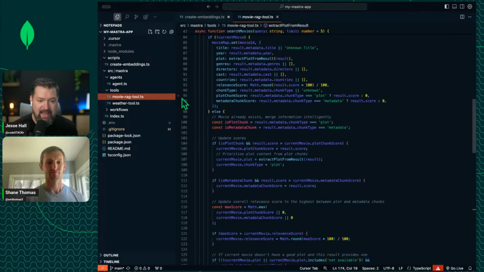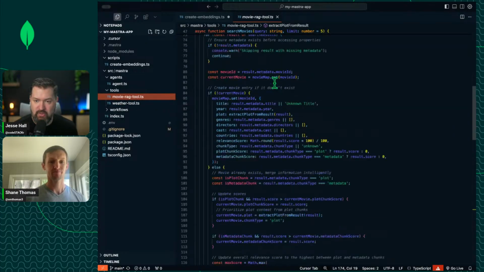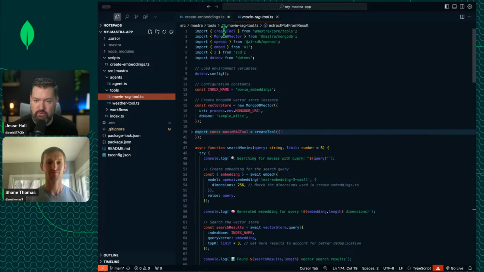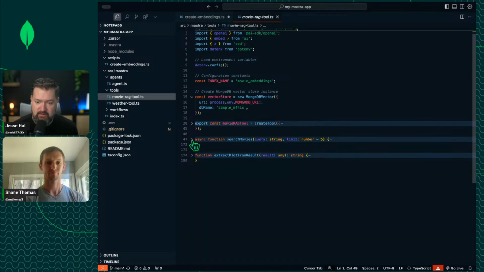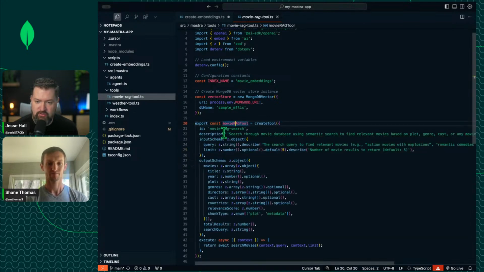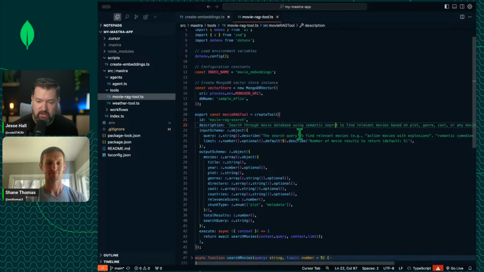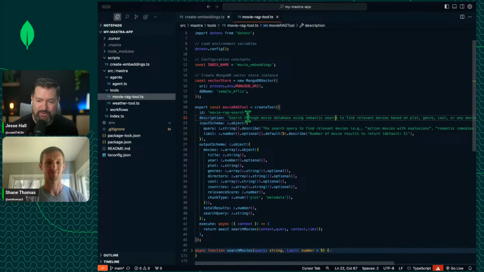demo as well. But I added this movie RAG tool. Let's go through this real quick. We're using, again, create tool. This time we're adding in the MongoDB vector from Mastra. So we're creating this tool, giving it an ID, and again a very descriptive description of what it is, so that the LLM knows when and how to use it,